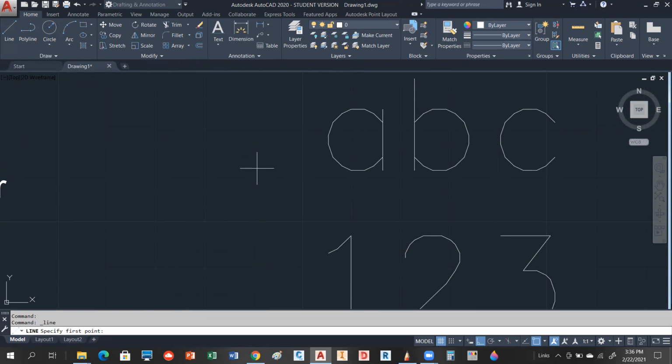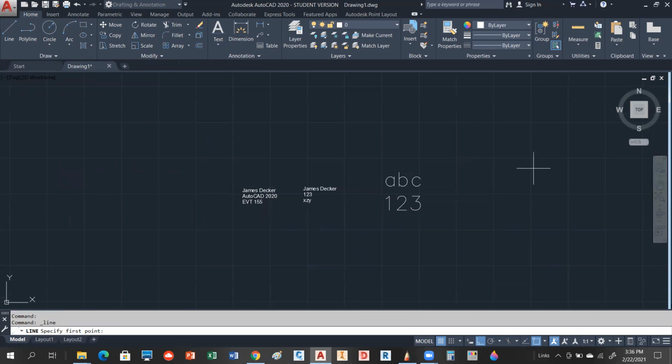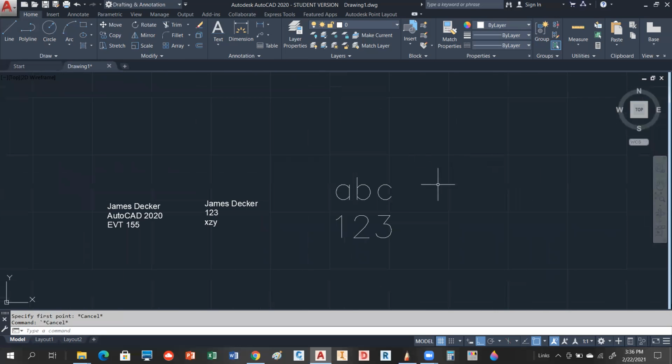Is it asking you to specify point, right? I already have a line. Oh, does it only work once the text is already there? Oh yeah, because it's snapping to a text object. Okay. I'm sorry. I thought you were saying we could snap a new text object to an existing line. Oh well, you can do that too, but you have to use another snap. So for instance,